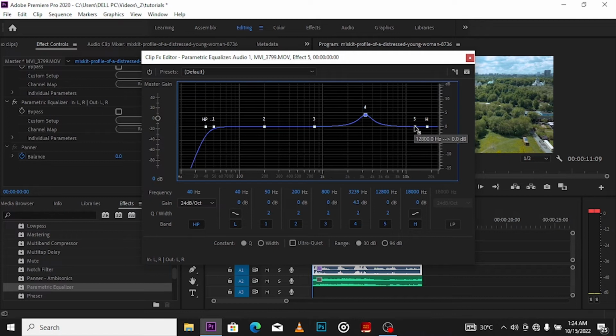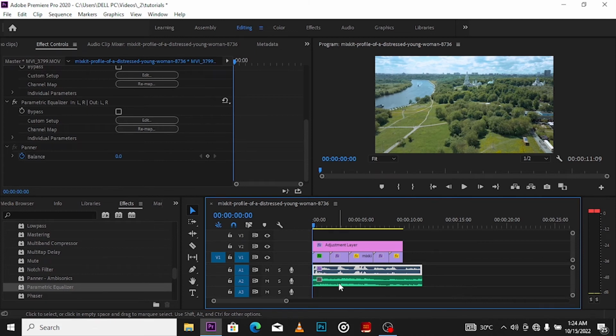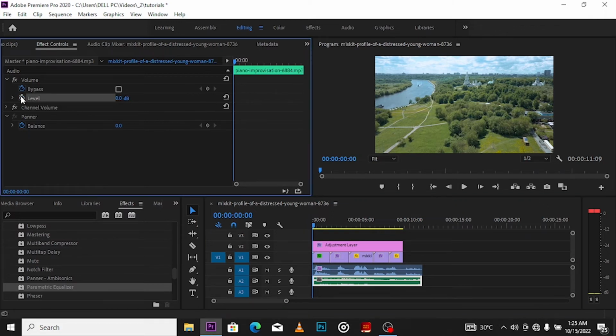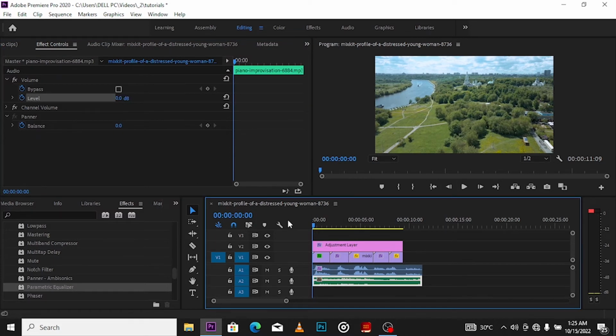Take it up like this, and then I think it's okay. The music is a little bit loud. Then go to my effect control panel, then go to this level, that's to reduce the volume of the music, then hit it and take down the levels to -5. I think the sound is okay for me, the audio is okay for me, so we are done with sound